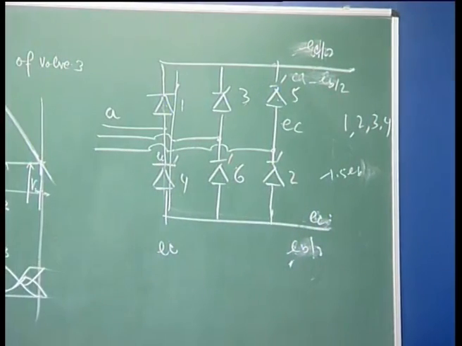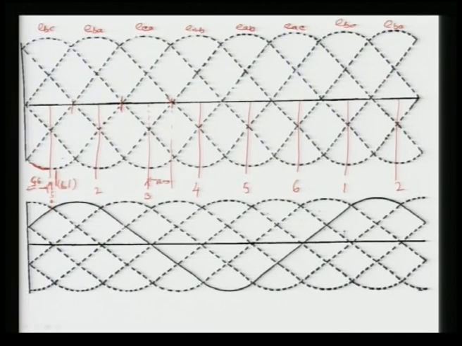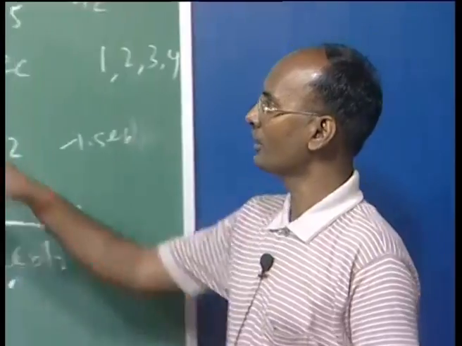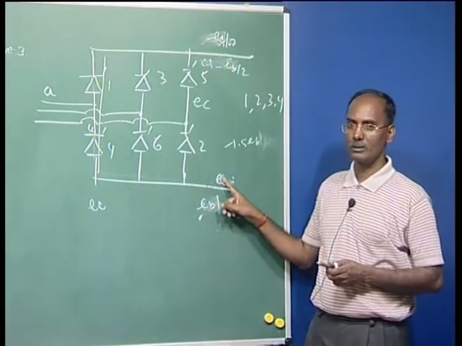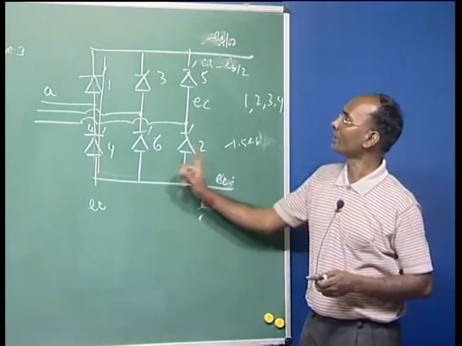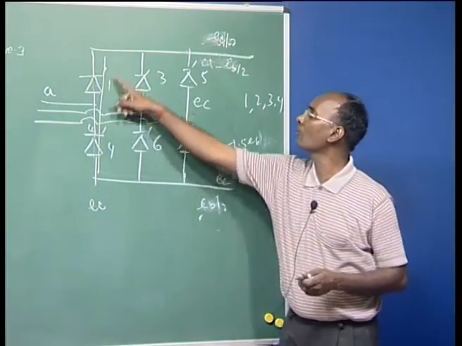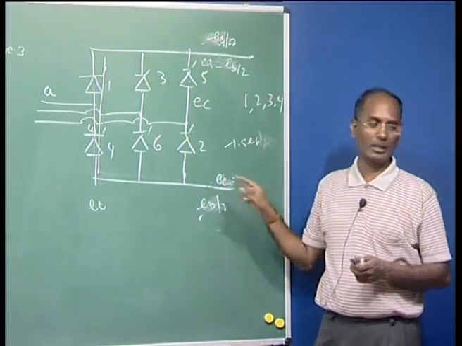Now what will this be? It will be somewhere here. So what happens here is the commutation, and then your commutation is over. Now your 1 and 2 are conducting, means here it is EA, and here it is 1 and 6, sorry. So it will be B, and here 1, so A and B will be there, and